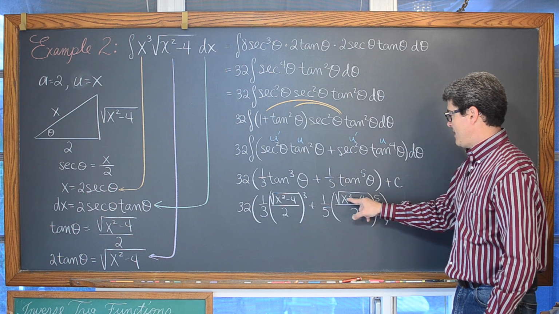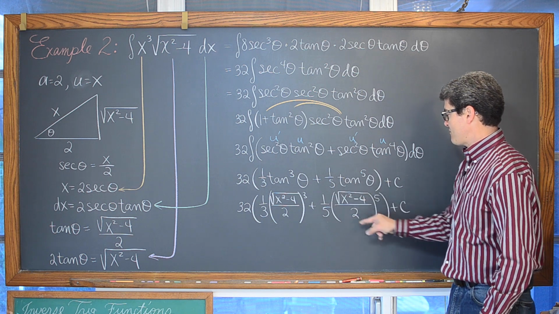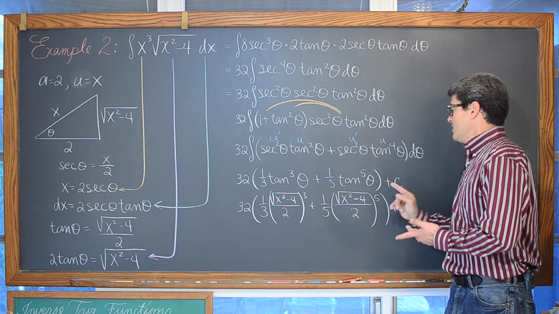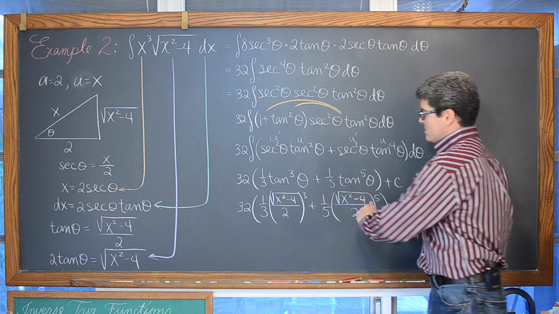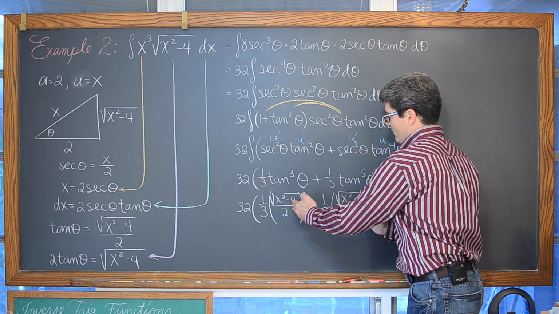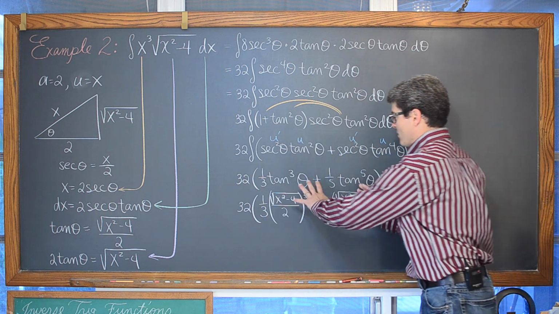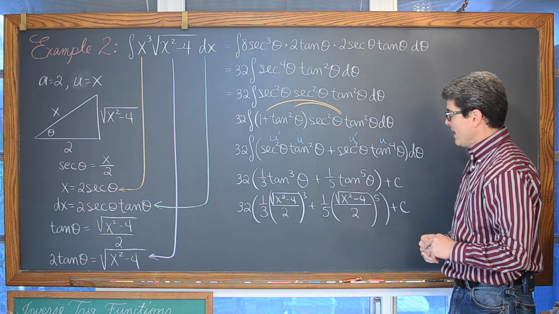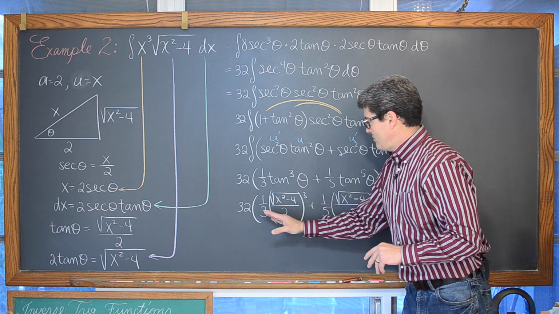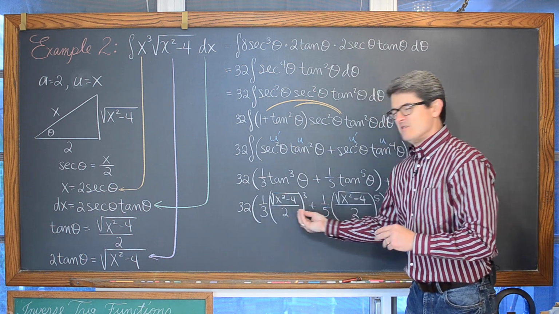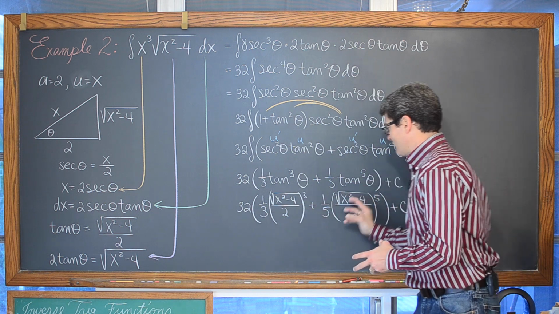And the same thing here. This is going to be x squared minus 4 to the 1/2 power, then raised to the fifth. I'm going to do 2 to the 5th power. We're going to then have, obviously, some kind of factor of x squared minus 4 in each of these terms. We're going to factor out the lowest power. And we're also going to be taking these divisions, these fractions, and factoring out a fraction.